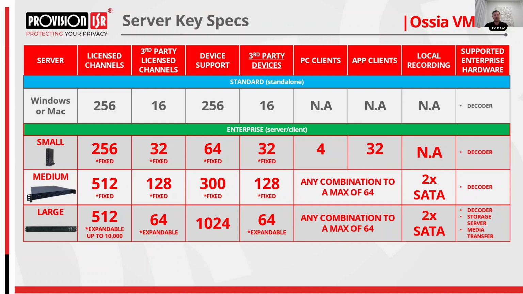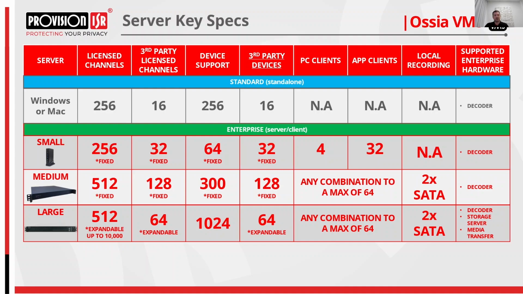Okay. Also note the key differences between the small and the medium is that the small and medium are only compatible with our TV wall decoders, whereas the large is compatible with our TV wall decoder as well as our storage server and media transfer server. Why is it compatible with our media transfer server? Because if you recall, I said on the previous slide that